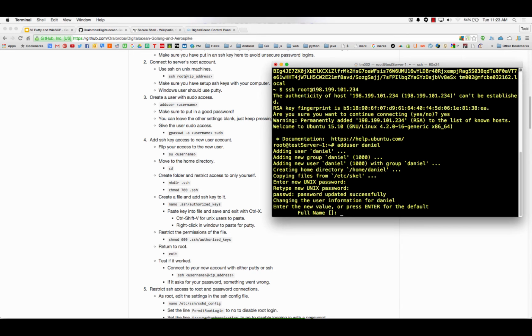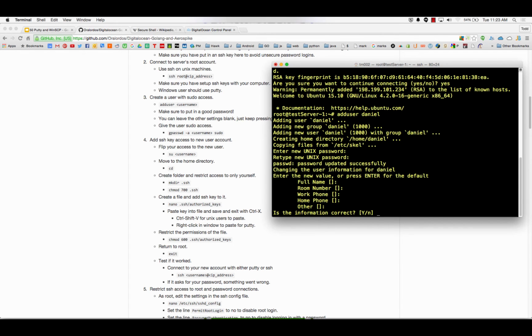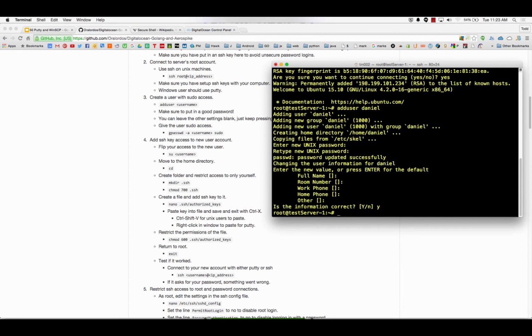Ask for a bunch of additional information. You can just keep pressing enter and leave them all blank. Yeah, it's defined. Okay, we now got a user. So now we need to make it